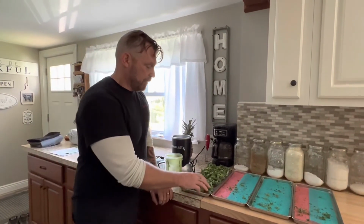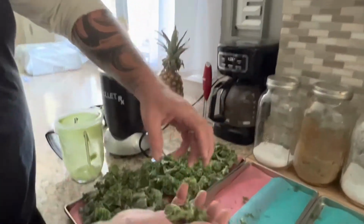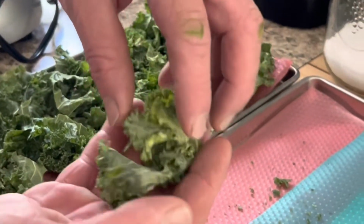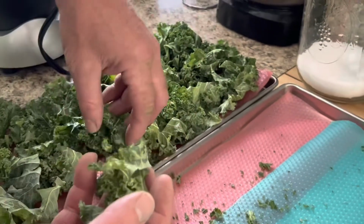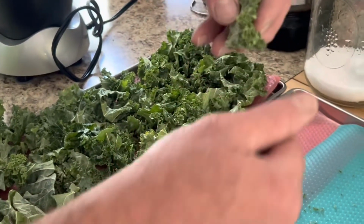So our kale chips have been freeze dried, and they turned out really awesome. Like, I'm so happy with how these turned out. They're fluffy, they're paper thin, and completely freeze dried. So now what we're doing with them,